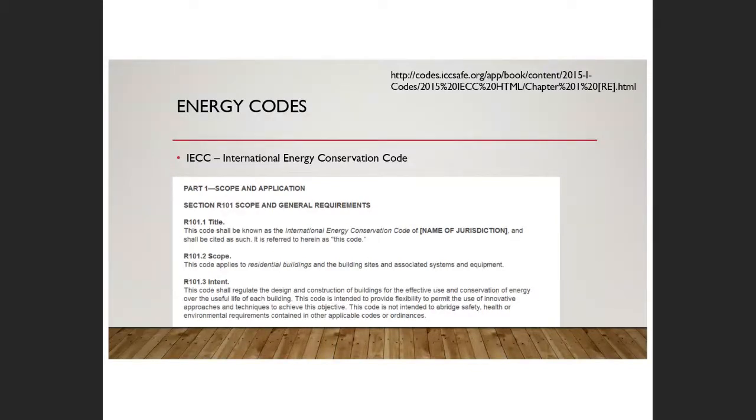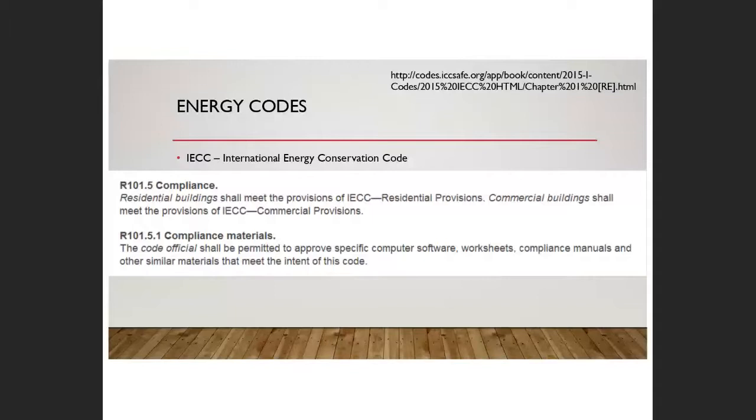You want to have a better building, a higher quality job. If you're an electrician, you want to be better than minimum, right? You want to do a good project for your company and for your customer. So again, the IECC defines things related to energy. You see the word shall. Again, building code language will typically say shall. You shall do this, you shall do that.